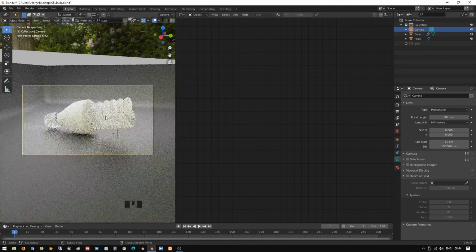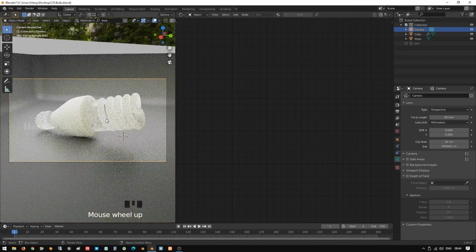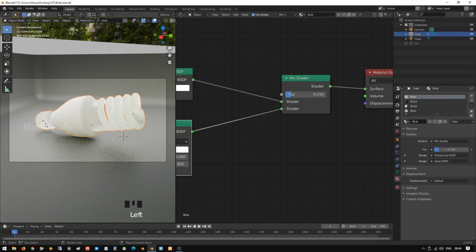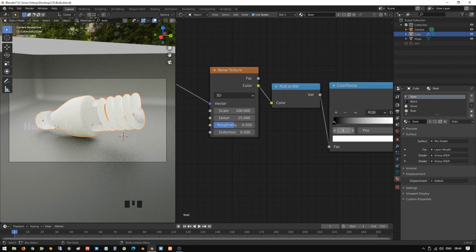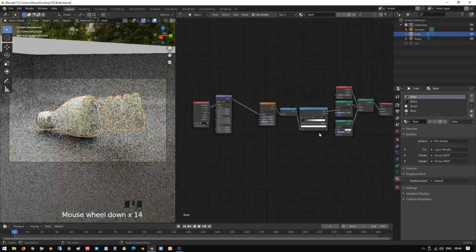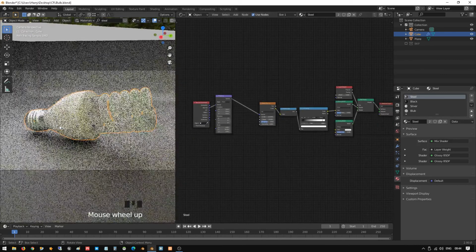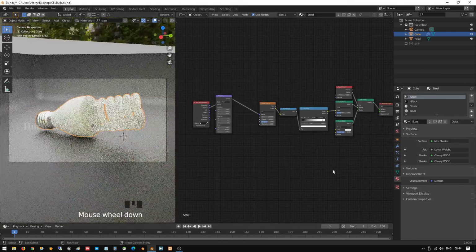Okay, now it looks better, but here it looks like the steel, what happened. Bulb, okay, still, oh okay, now it's okay again, fine. I was getting confused about why it's taking a long time, because my system is a little bit slow for rendering.